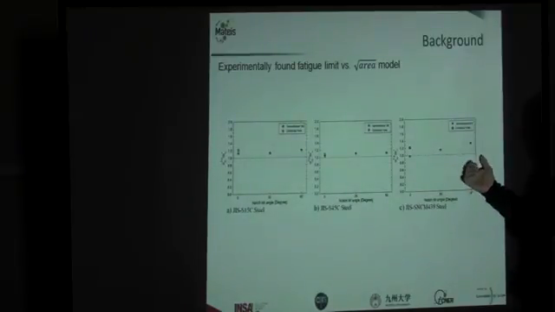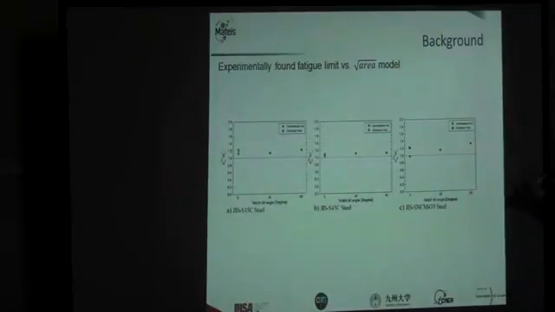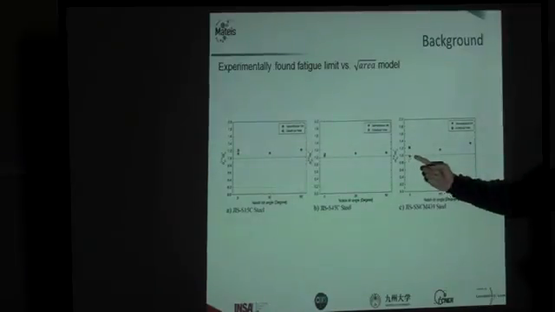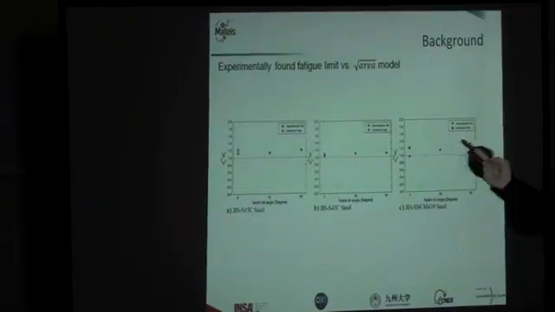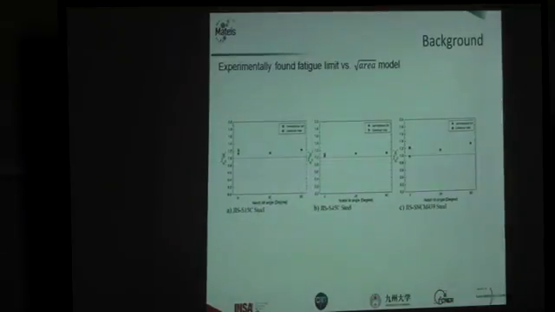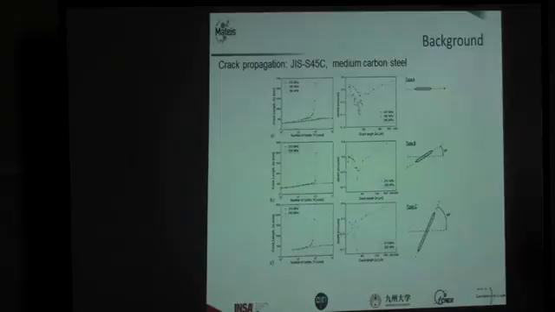In the third case, in the higher mechanical properties steel, the low alloy steel, we have a clear increment of the fatigue limit with increasing the tilting angle of this artificial defect. So I will present first the analysis that we did there in Japan, which was to follow up the crack, and we observed in every